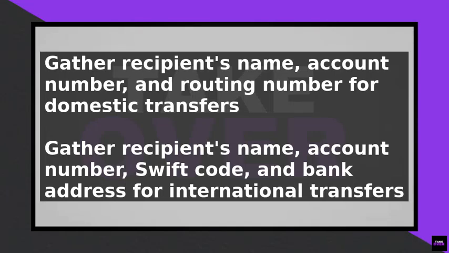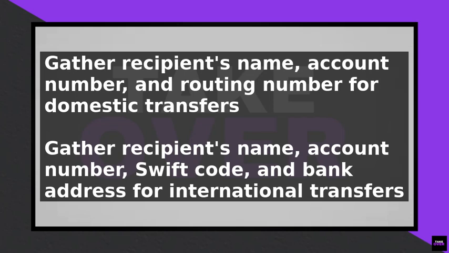To initiate a wire transfer with JP Morgan Chase Bank, follow these step-by-step instructions. First, gather the necessary information, including the recipient's name, account number, and routing number. For domestic wire transfers, you will need the recipient's name, account number, and the bank's routing number, also known as